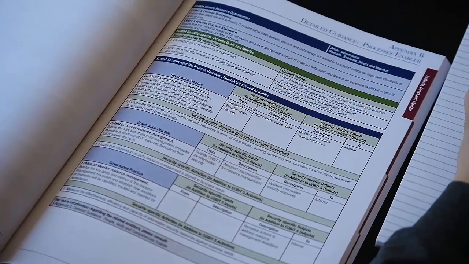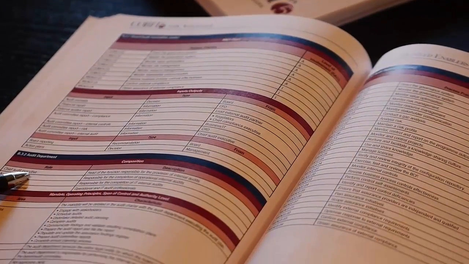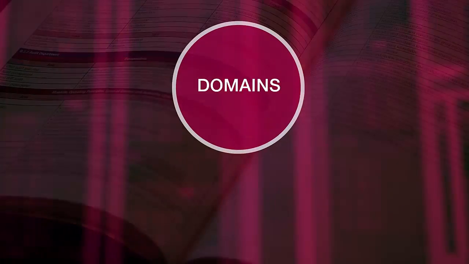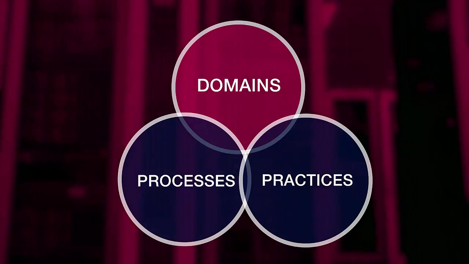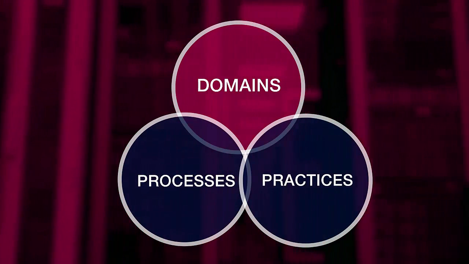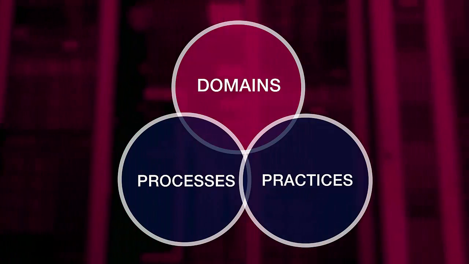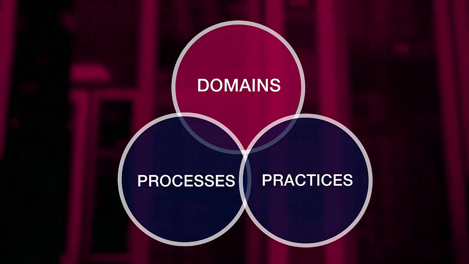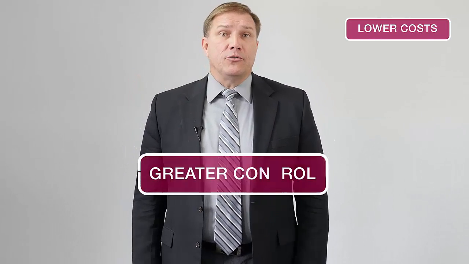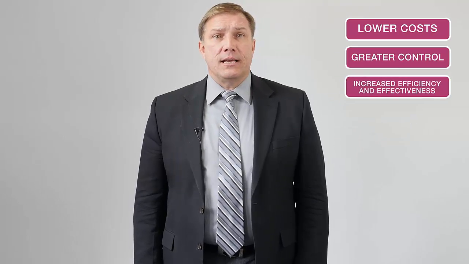Be careful to provide only the level of GITE detail that the enterprise needs. In particular, define domains, processes, and practices only to the extent that the users and the enterprise need them. Be mindful that a common language is an important aspect to a successful framework implementation. As you can see, an enterprise has much to gain and very little to lose from implementing a GITE program. In doing so, the enterprise's IT department will be more closely aligned with larger enterprise goals and will likely experience lower costs, greater control, and overall increased efficiency and effectiveness.